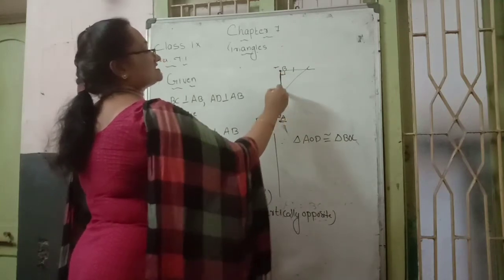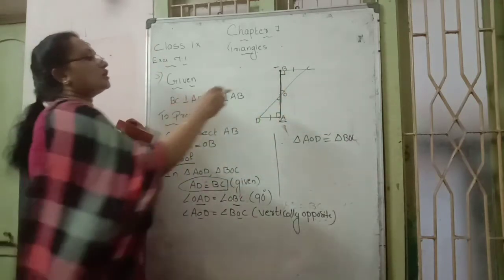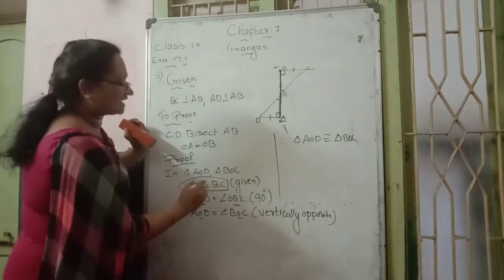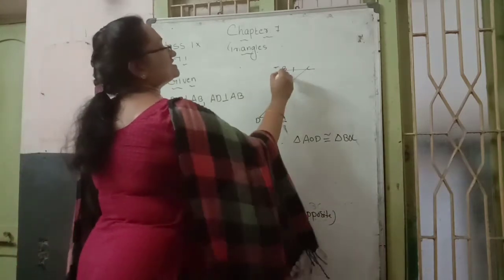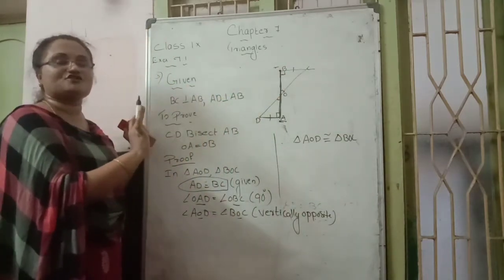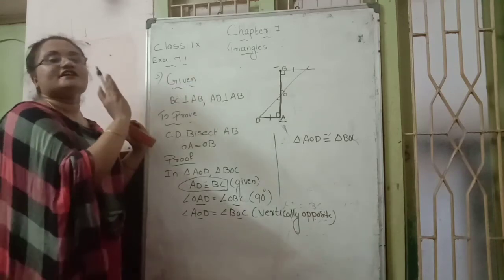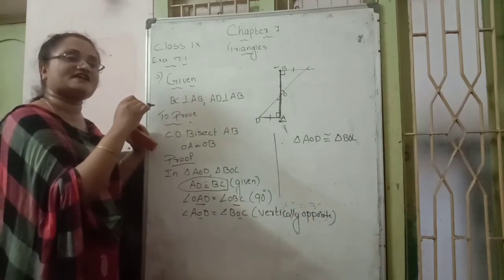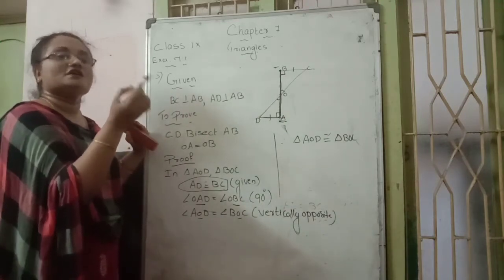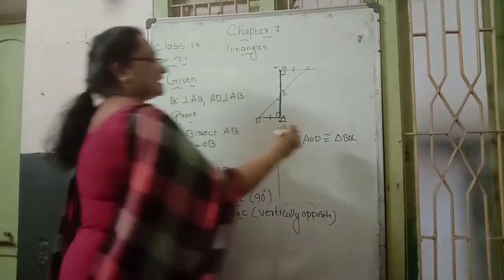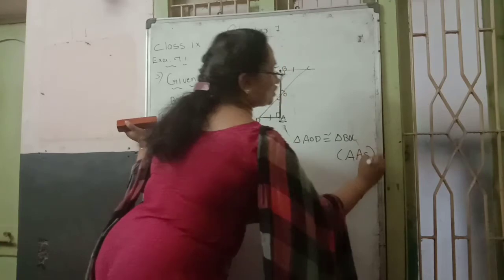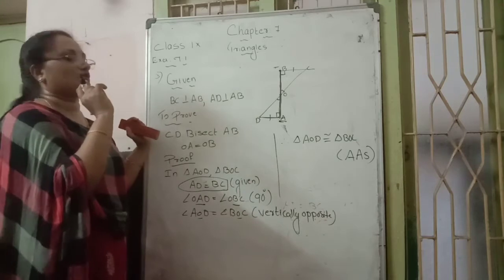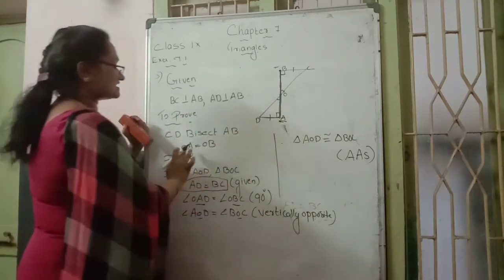Actually the included side is AB, or OB or OA is the included side. But here we get AD and BC. AD and BC are parts of the two triangles, but they are not the included side of angle A and B. In such a case, which property are we applying? Two angles and a side are there, but which triangle property? AAS property we are applying. They satisfy the AAS property. So that part is complete.